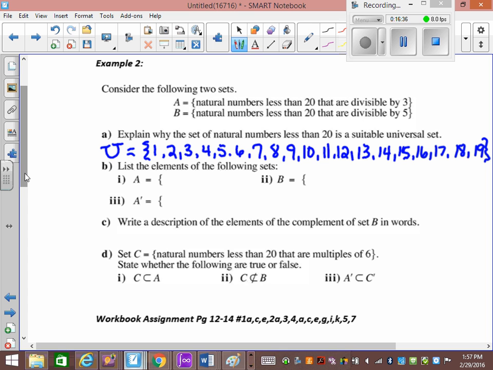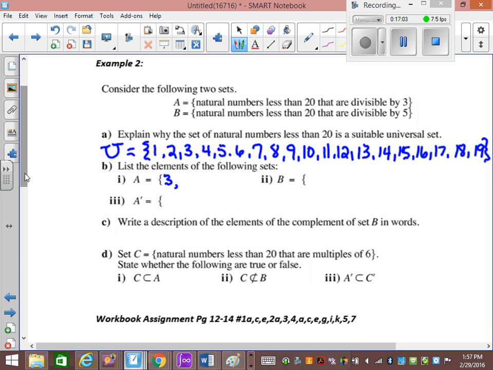Now you list what's in the set. So they want to know what's in set A. Set A are the natural numbers less than 20 divisible by 3. Which numbers of those are divisible by 3? Which ones can I divide by 3 and get a natural number, not a decimal? So 1 divided by 3 is a fraction. 2 divided by 3 is a fraction. 3 divided by 3 is 1. So 3 is